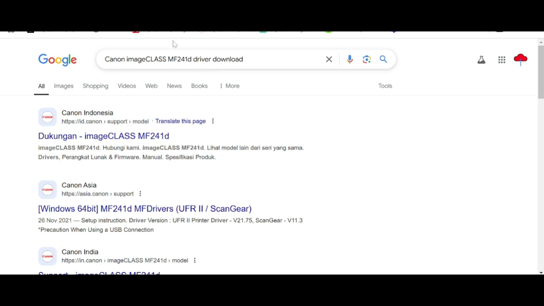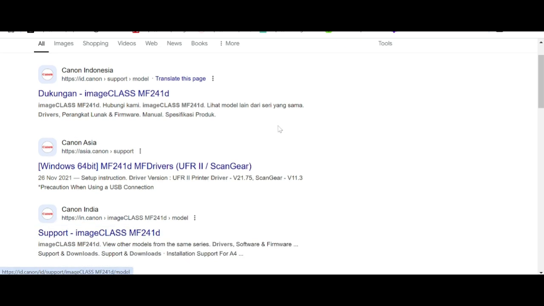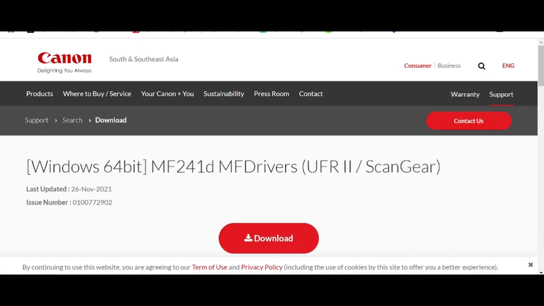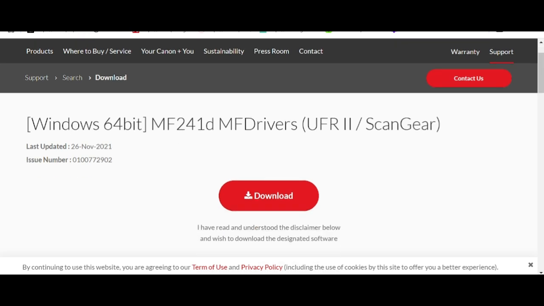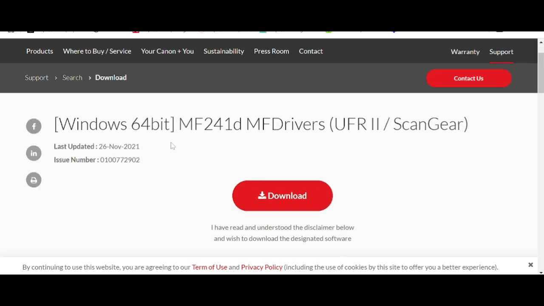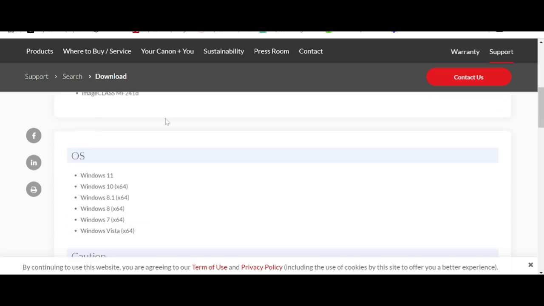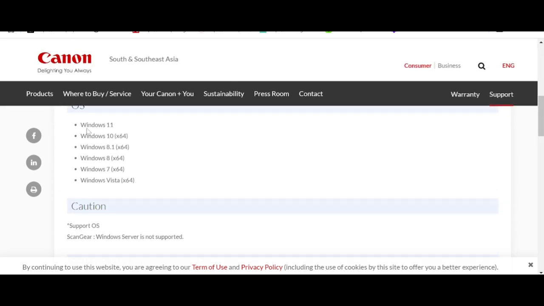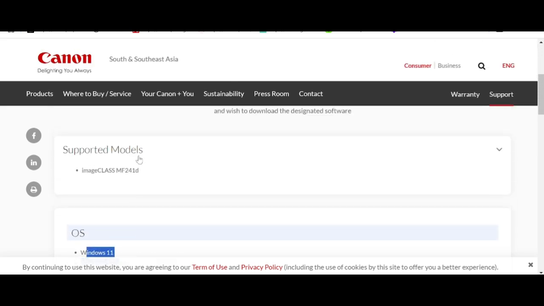And here on the official website, it is not a virus and is easy to download. Here is the official website, the page for printer and scanner. Okay, on the official website you scroll down, and here is the support for your Windows, and